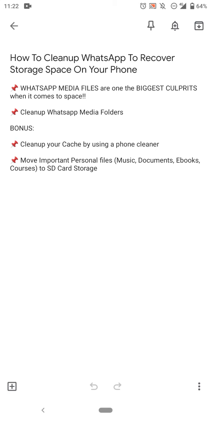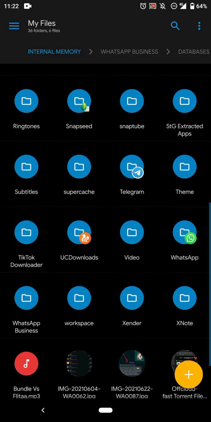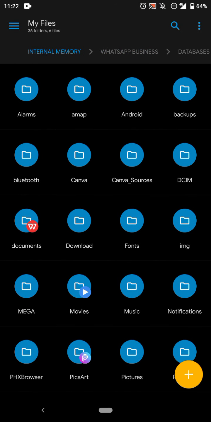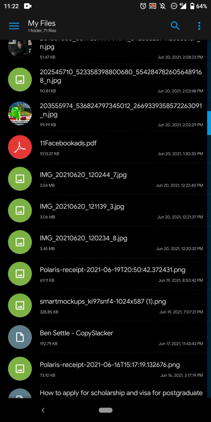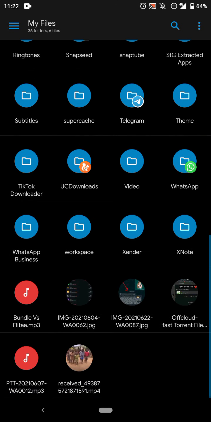There's no reason why I want to use a 512 gig phone, unless maybe I'm using it for work and so on. And whatever files I'm going to keep there have to be files that if they go, I won't cry. So usually what I do is, first off, I go for a phone that has an SD card option, because I can easily remove my SD card and have my files safe. So I move important files, like files from your music, your downloads, all these files from maybe your download folders. These are files in there. Maybe your documents, depending on how your phone stores whatever it downloads,